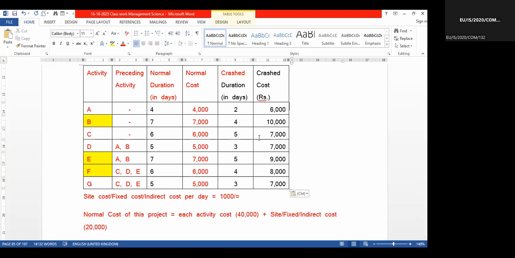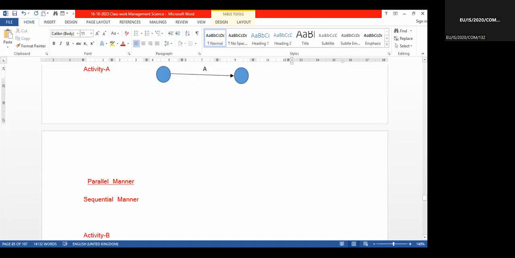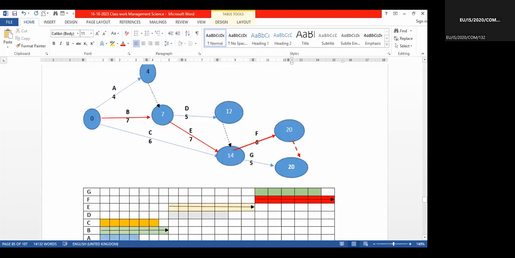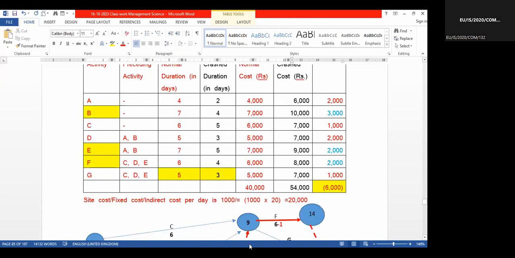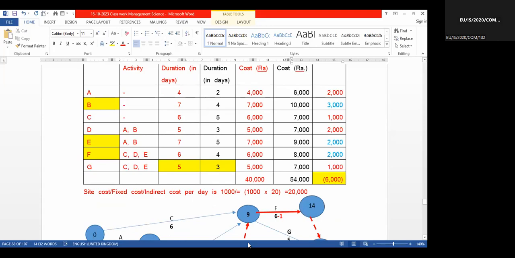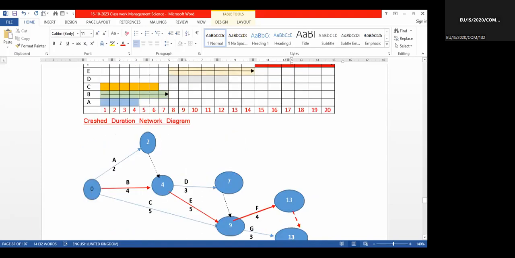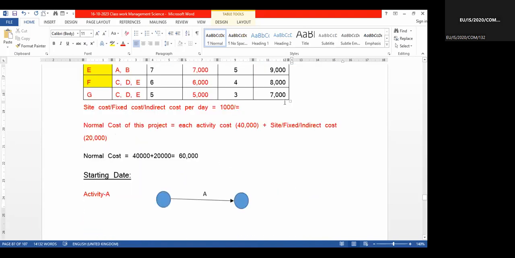Friends, why has it increased? It increases because while we are doing the task by deploying extra resources, the cost will increase. So how much is the increase for the activity